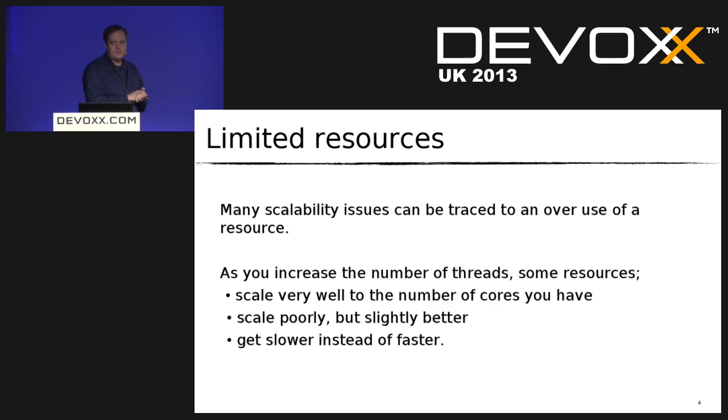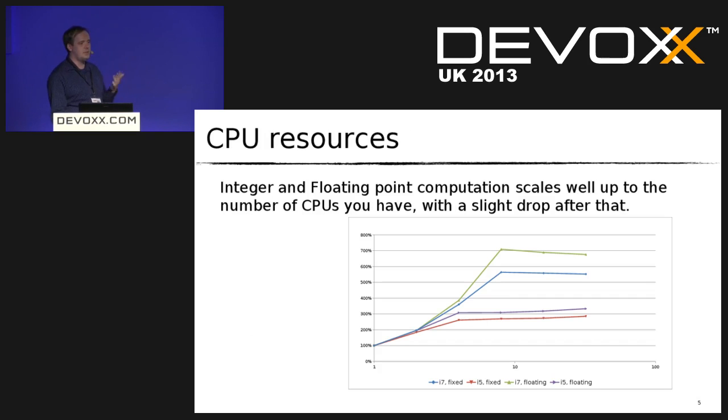Now, in a system, a common practice to try and improve performance is to increase the number of threads that your system is using. This will work well for some situations. It will make very little difference in other situations, and in some cases, it will just make matters worse. A lot of it depends on the resource that is the source of your bottleneck as to whether adding more threads will help, make no difference, or hinder. So here's an example of